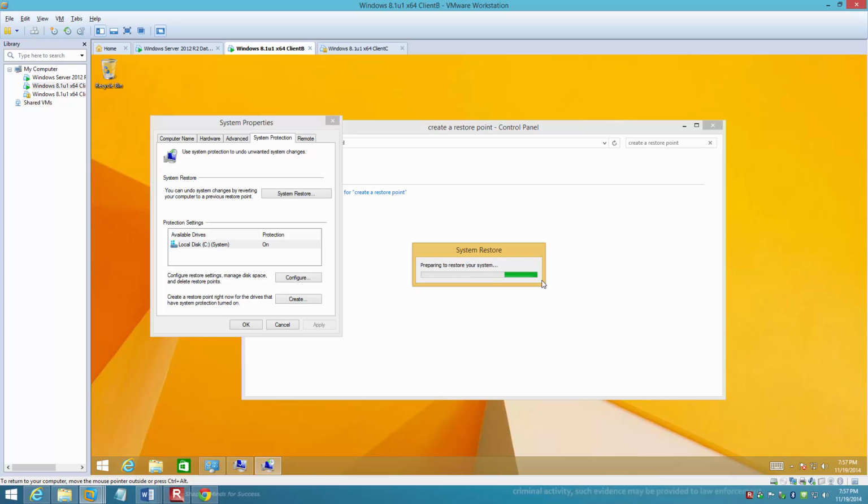So the system's now preparing our restore point, and it's actually going to apply those rollbacks and then reboot. So it'll roll back to the restore point that we created, which we didn't really change much in between now and then, but